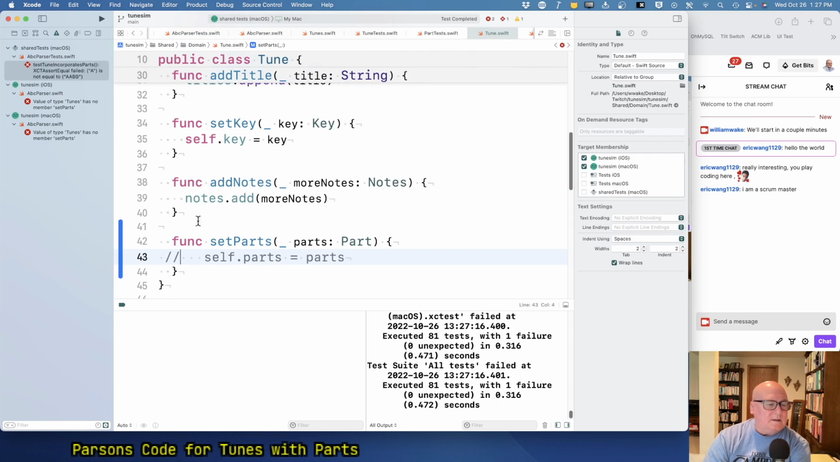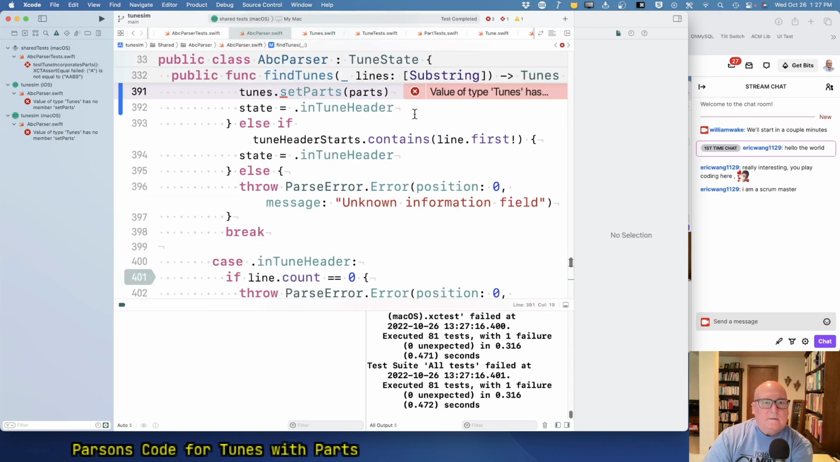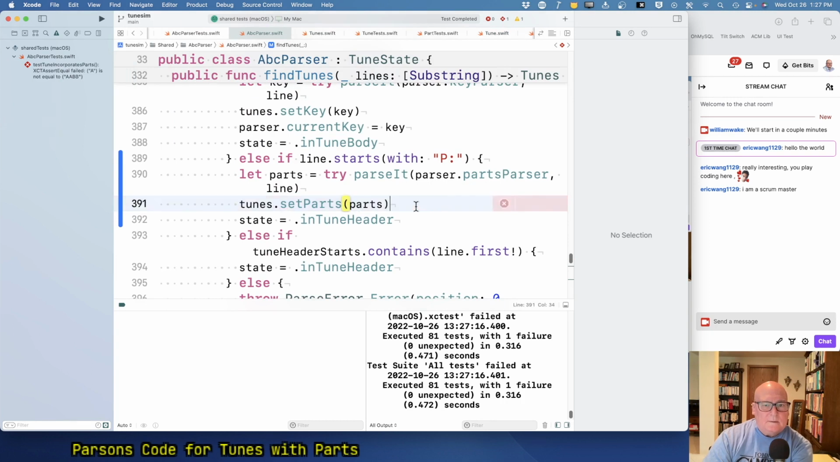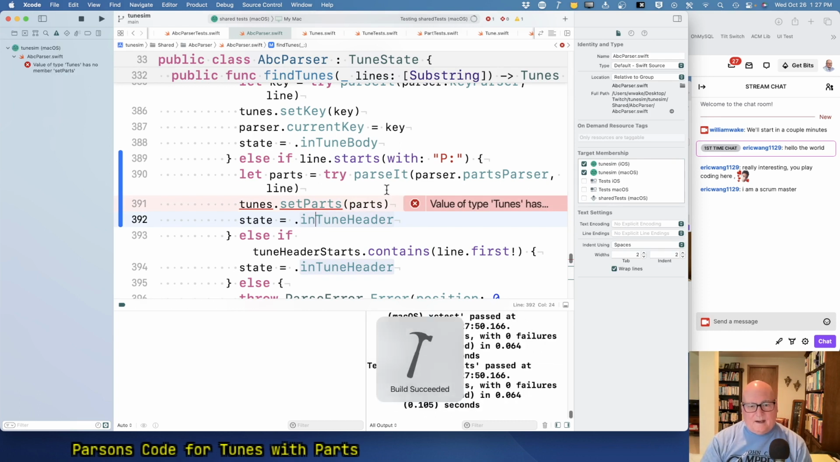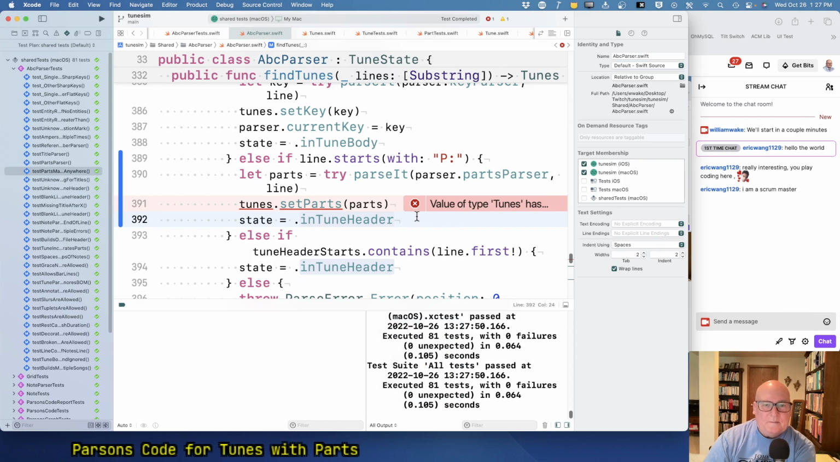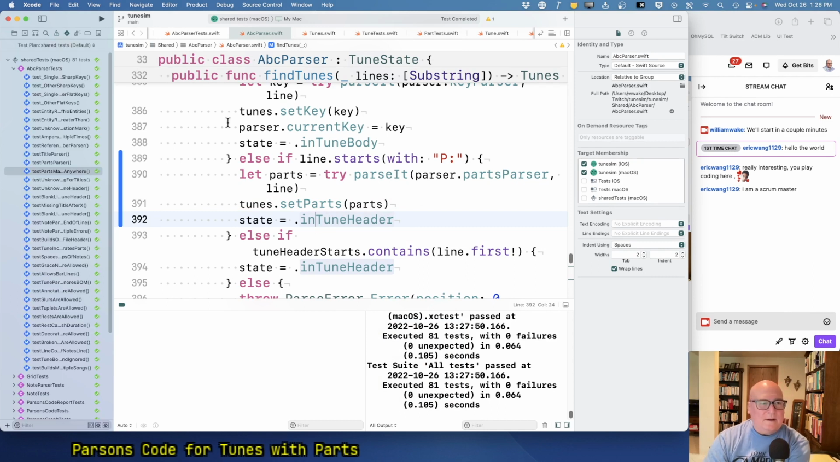Why is that? Tunes. Value. There it goes. Okay, this should pass. What the heck? The disappearing error. Okay. All right. Anyway,